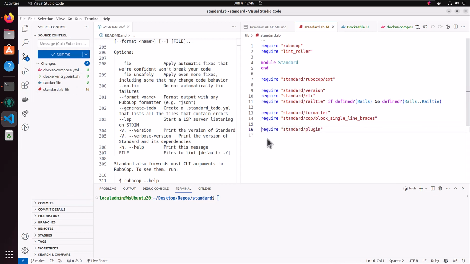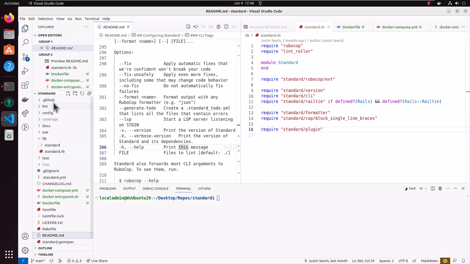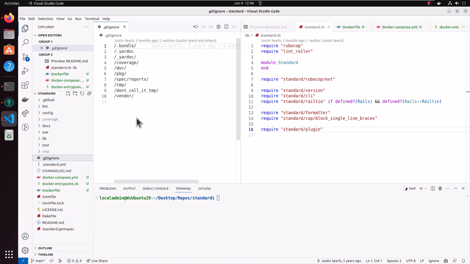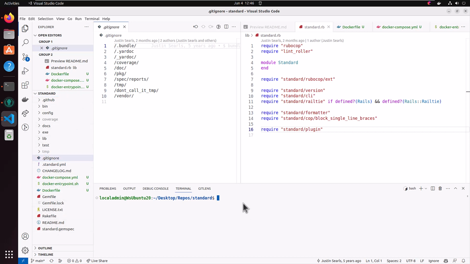But I just recently learned a trick where you can ignore files locally without affecting, without adding them to gitignore, right? So I don't want to add them to the gitignore file, but I need them. Oh, it doesn't show the git folder. Anyway, so if we go into the